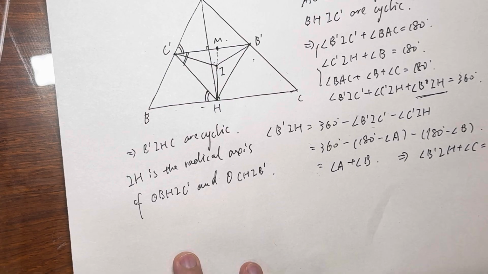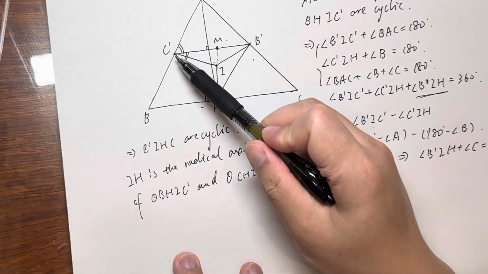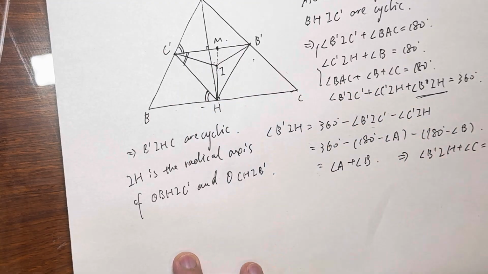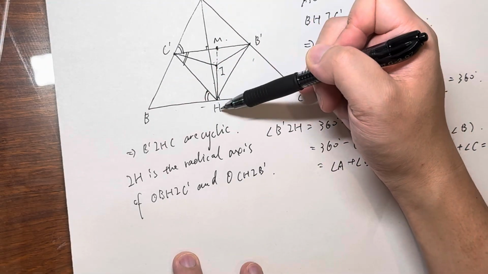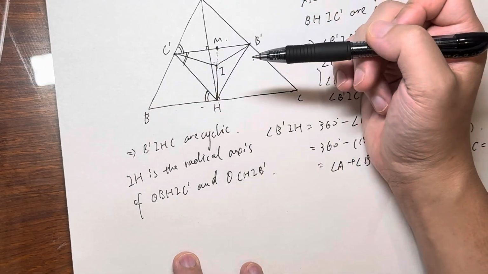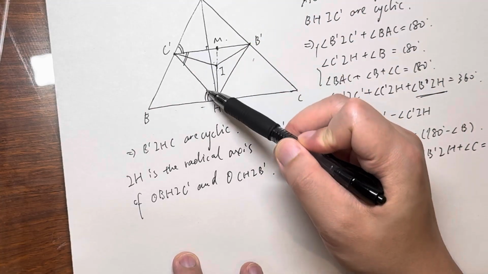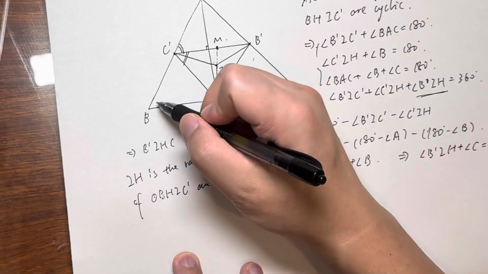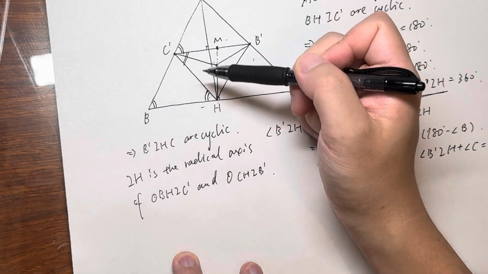Right? It actually tells us C'H equals to C'B. That's very straightforward, just because triangle AHB is a right triangle and C' is a midpoint. So we know that this angle equals to this angle equals to this one equals to angle B. Okay, so in the